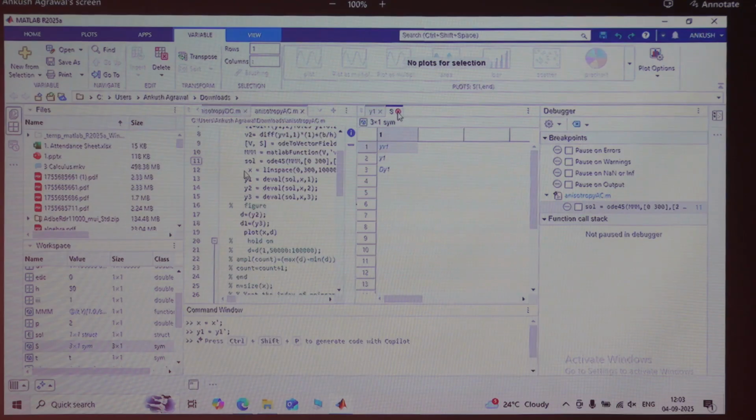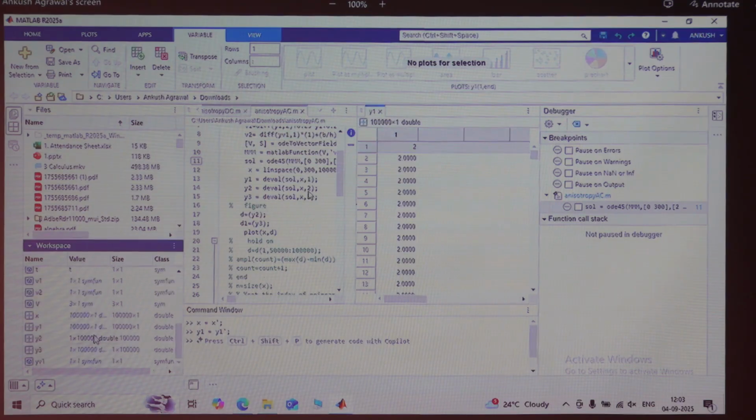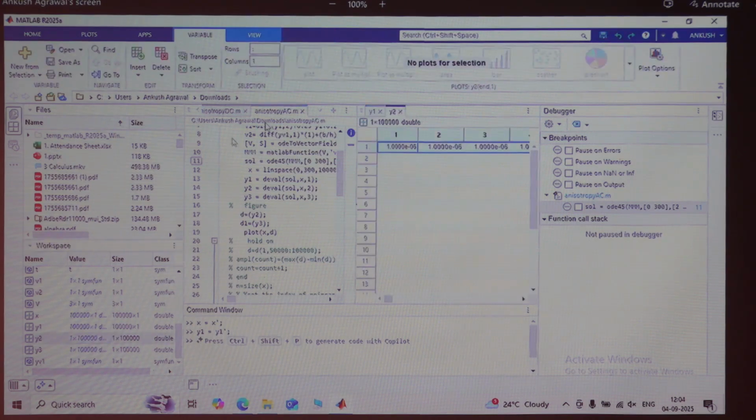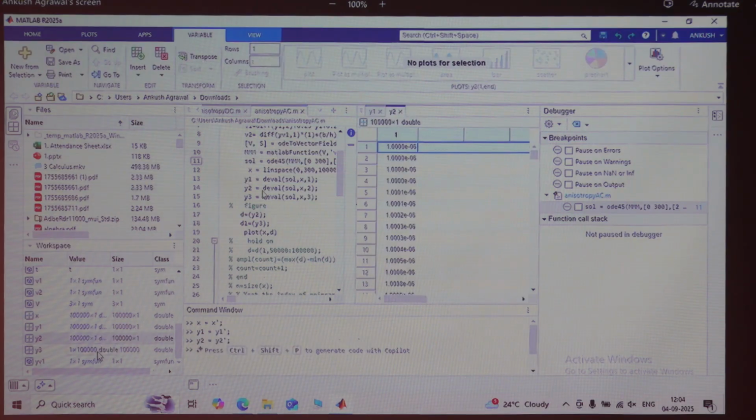So we have done this Y1, Y2, Y3. Solution with respect to time: in one we have provided lambda viscous, in second we have provided theta, in third we have provided d theta by dt. So the solution of these two equations along with the initial condition finally gets stored in Y1, Y2, Y3. Just close it. Okay. So now you are having